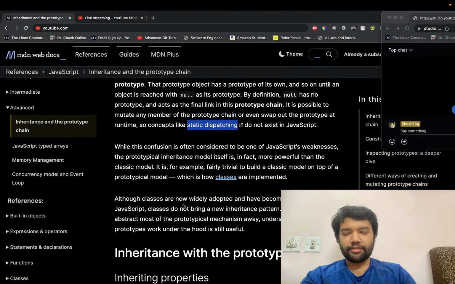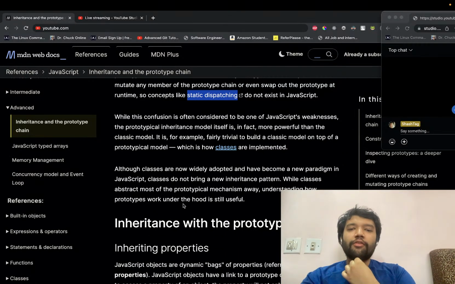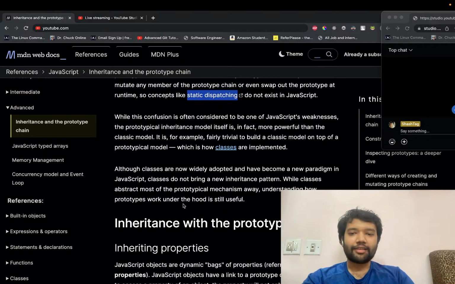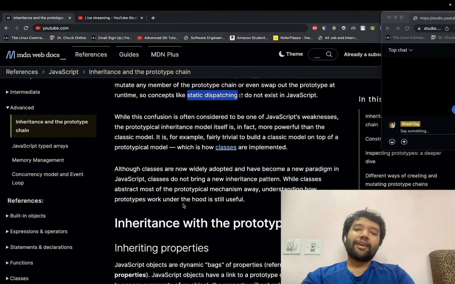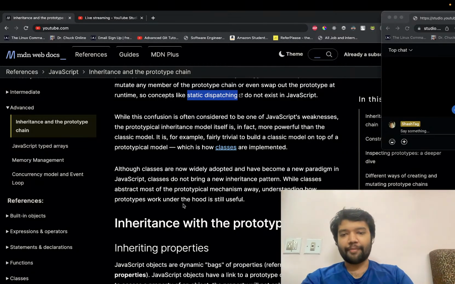While this confusion is often considered to be one of JavaScript's weaknesses, the prototypal inheritance model itself is, in fact, more powerful than the classic model. For example, it is fairly trivial to build a classic model on top of a prototypal model. So we have syntactic sugar like classes, which are implemented on top of the prototypal model. Although classes are now widely adopted and have become a new paradigm in JavaScript,